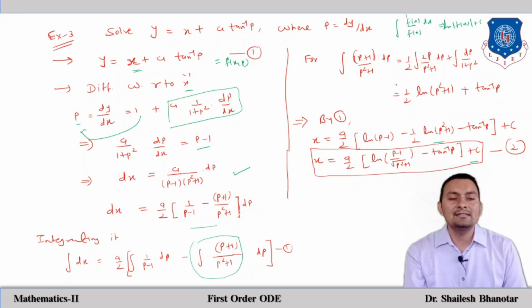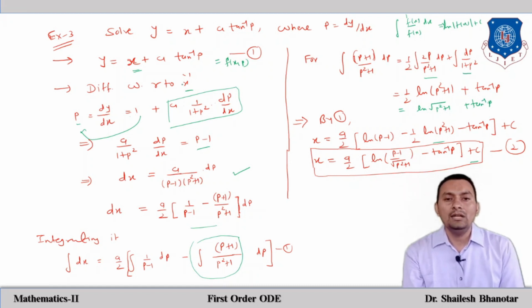So I am applying the same concept here. Here the derivative of p square plus 1 is nothing but 2p, but it is not that, so I'm just taking the first separate integration, and then I multiply by 2 and divide by 2. So now we can have that integration separately. So 1 by 2 ln of p square plus 1, and this we can write with the tan inverse p. Whenever it is required, we will use ln of square root of p square plus 1, and this is the tan inverse p.